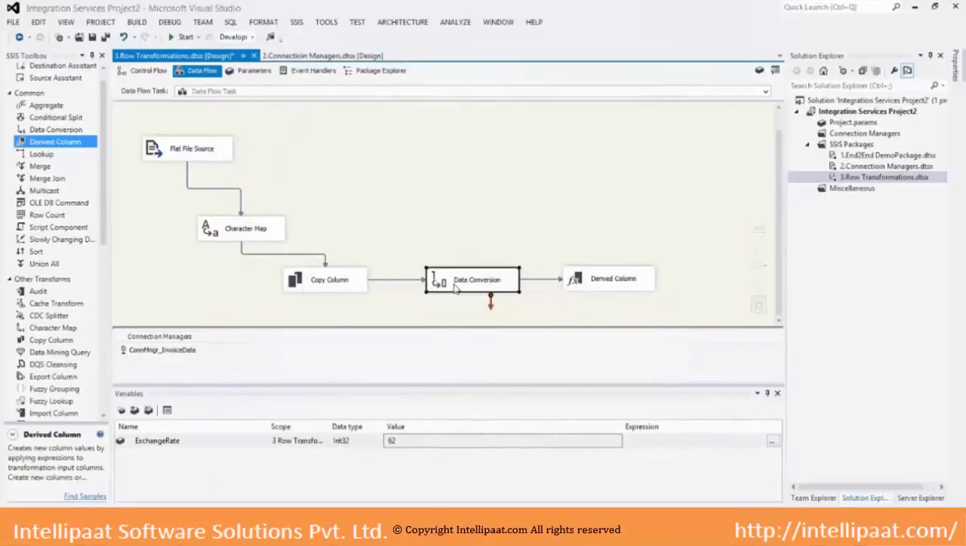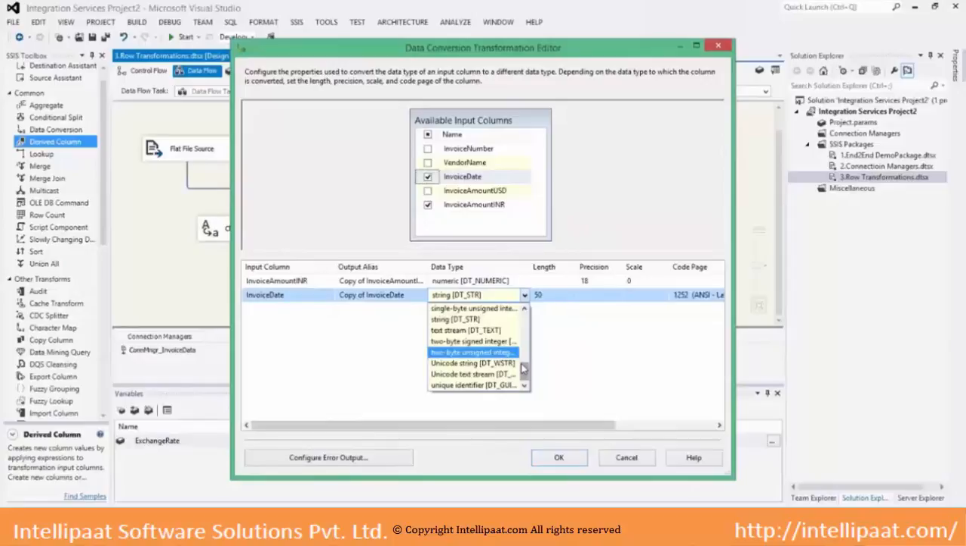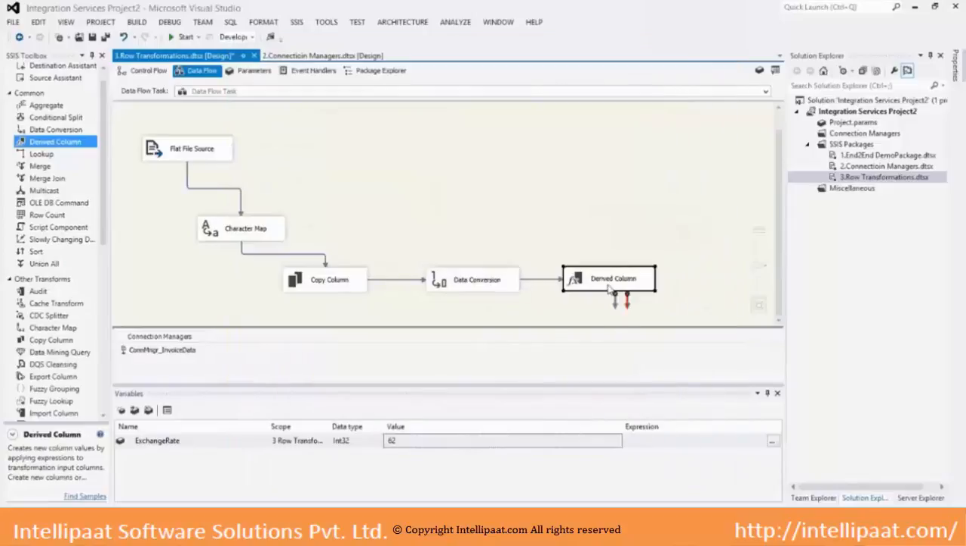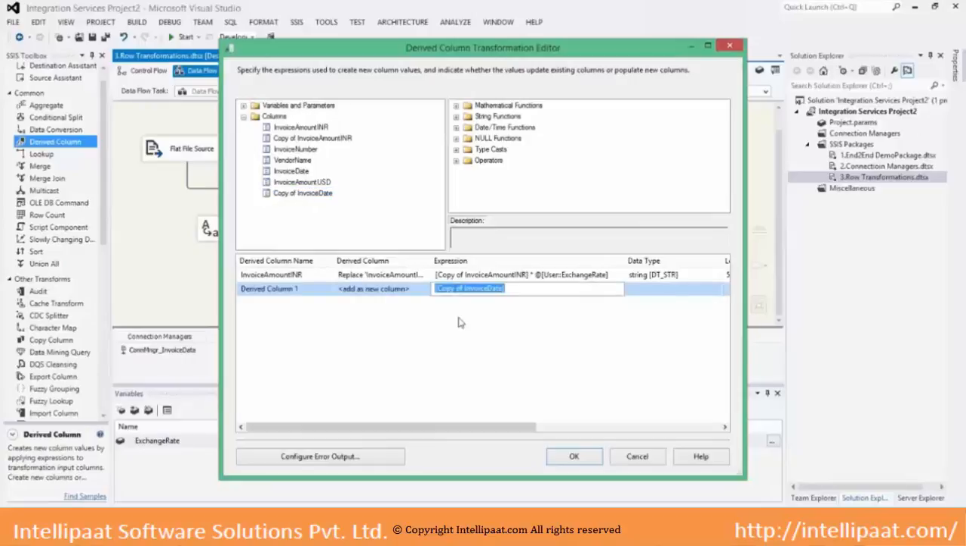So what I will do, I will go to data conversion, I will select invoice date and I will cast it to date format. Okay. So now in the derived column, I will use copy of invoice date, and